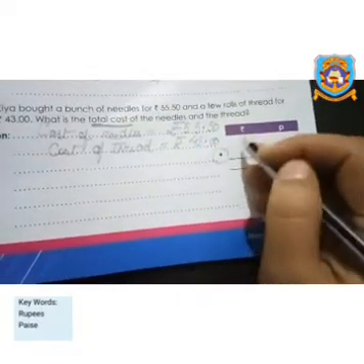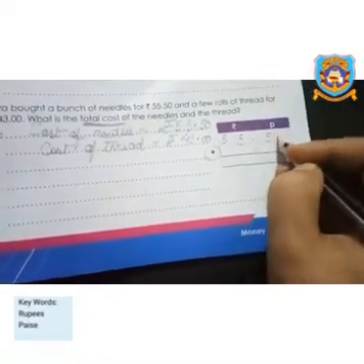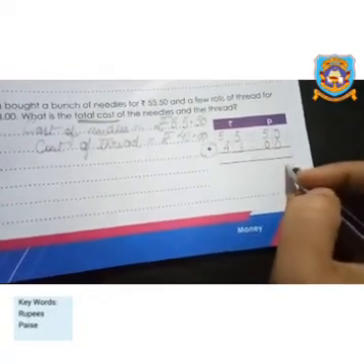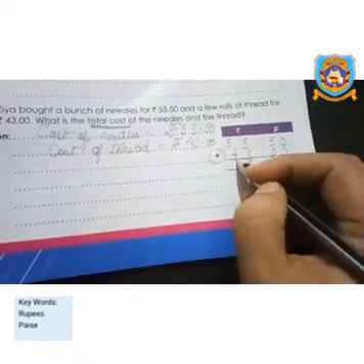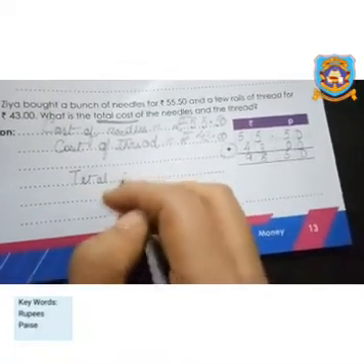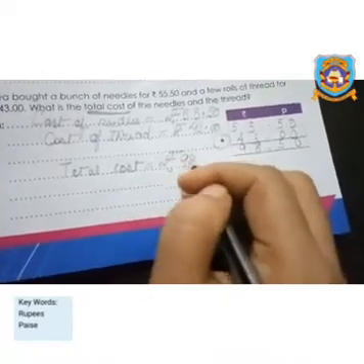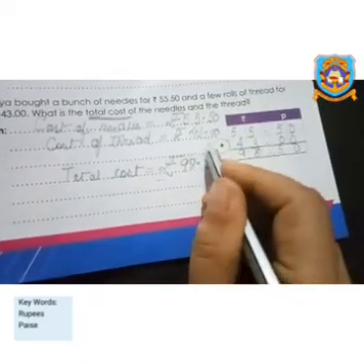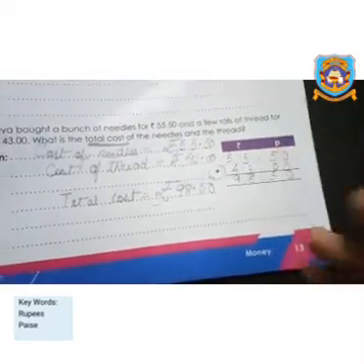Okay, now we have to put the numbers in the column here. So 55.50 and 43.00. Find the answer. Always start from this place. 0, 5, dot is there. 5 plus 3, 8 and 9. Okay, so what is the total cost? Total cost equals to rupees 98.50. So when you are writing rupees here, no need to give the paise symbol. When you make the vertical column, then you give the small p.